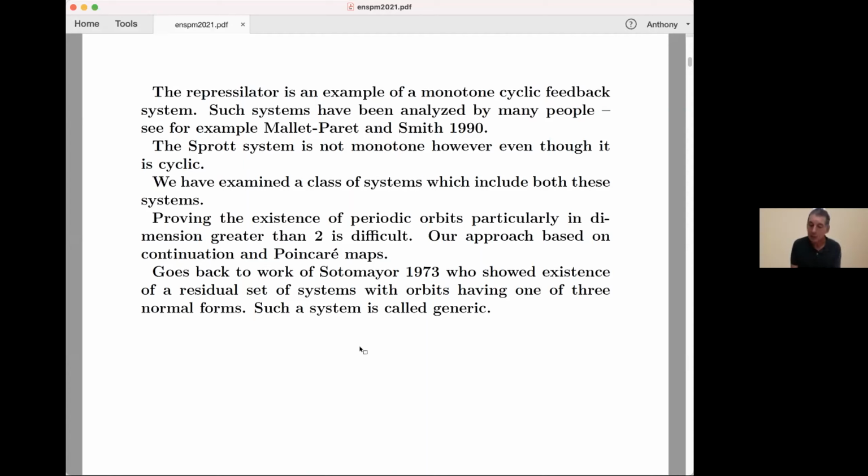So if you look at them, at least are not Hamiltonian, if you look at them, they're sort of reminiscent of sort of Lie-Poisson systems. You might think they're Hamiltonian, but they're not, and that's another important thing. And the basic work that we use to show the existence of periodic orbits here goes back to some work of Sotomayor in 1973, who showed the existence of what's called a residual set of systems with orbits having one of 3 normal forms. And that's sort of the basis, in some sense, of our work, which I'll show you